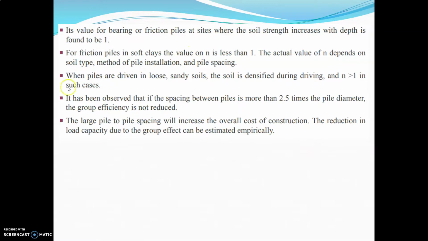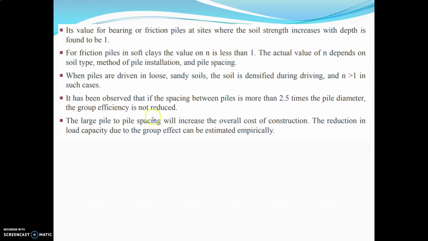Its value for bearing or friction piles at sites where the soil strength increases with depth is found to be 1. For friction piles in soft clays, the value of N is less than 1. The actual value of N depends on soil type, method of pile installation, and pile spacing. When piles are driven in loose sandy soils, the soil is densified during driving and N is greater than 1